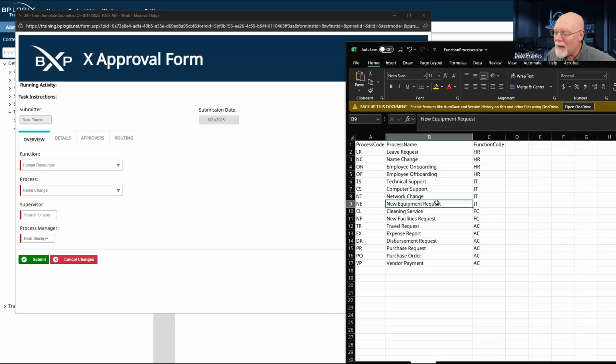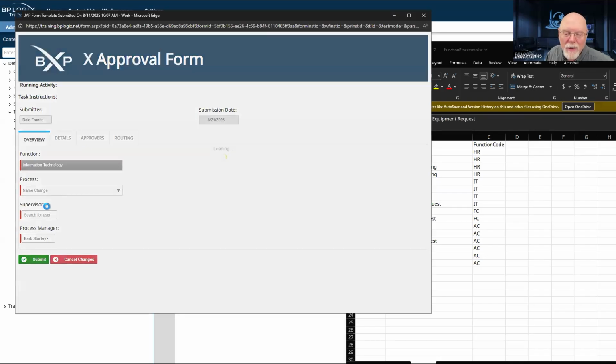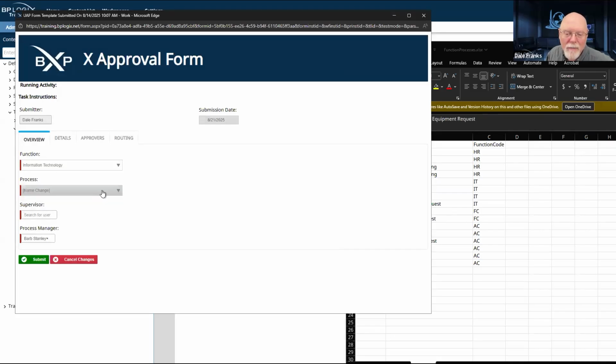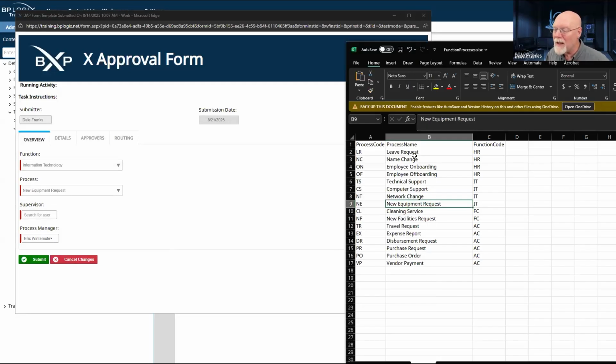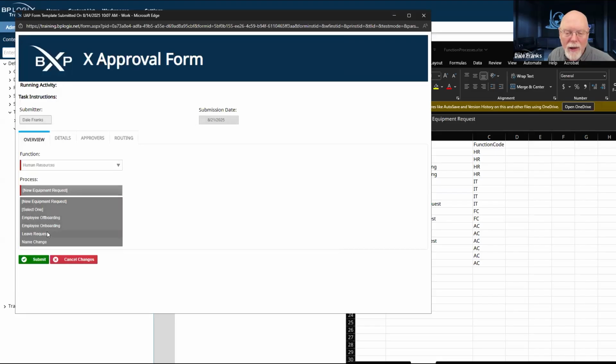And if it is a new equipment request, so that's an IT deal. So if we go to information technology and we go to new equipment request, that should be Eric. And finally, if it is, was it a leave request? I think it was a leave request. Human resources leave request. Oh, no, that's me.